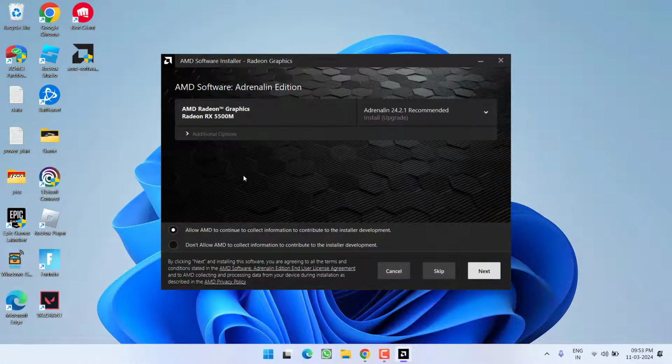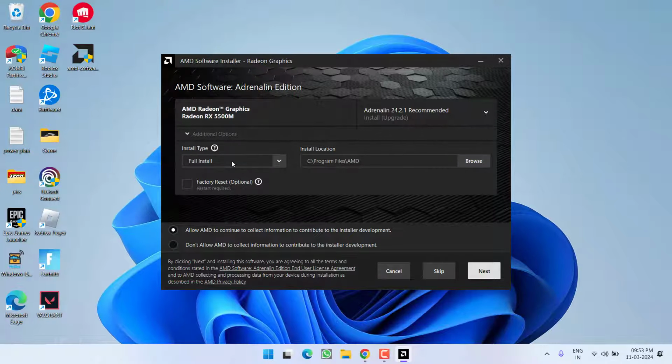Now at this point of time, click on the option additional options, and instead of full install, you need to choose the option driver only. Once it is chosen, go ahead and choose the option install, and this will install the Radeon software in your system to fix the issue of AMD error 195. However, if choosing driver only doesn't fix the issue, and again it gives you the AMD error 195,